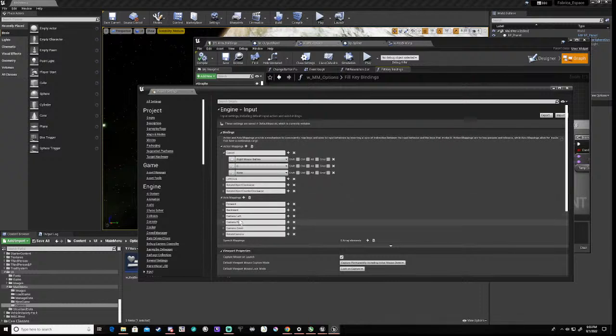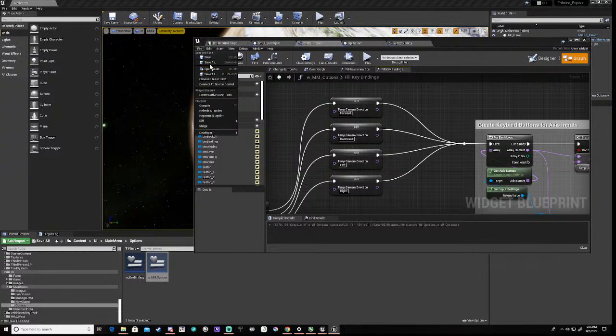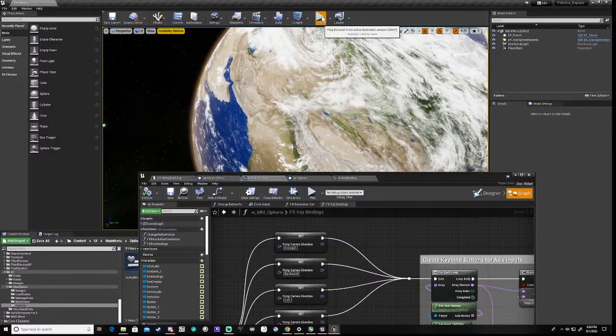Okay, so that didn't kind of work, strangely enough, but we're getting there. So we can do camera left, it doesn't want to select that, camera right, and we can close that. We can save all, and now when we run this we should actually get the key bindings for